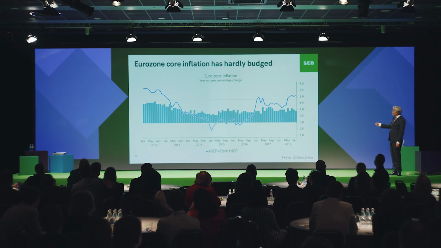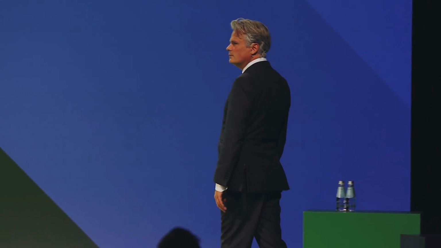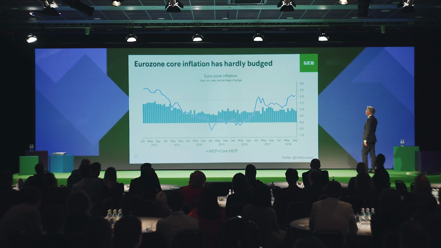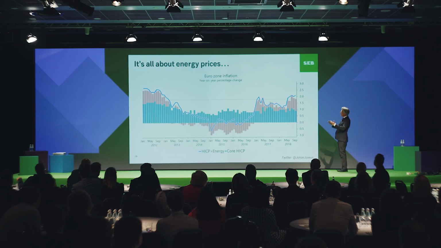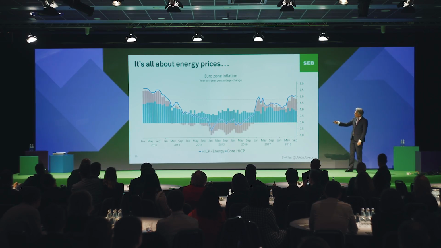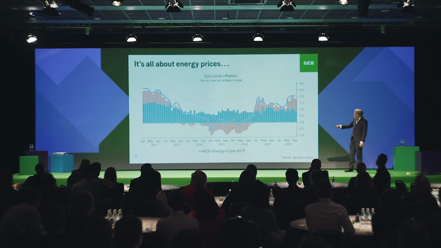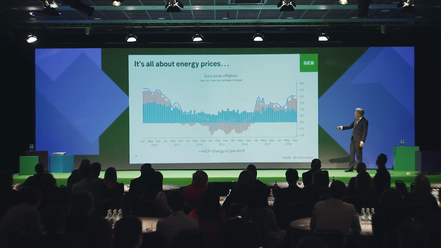So what's the difference between the curve and the bars? Oil. I thought I heard oil. And that's absolutely correct. Or energy prices in a slightly wider context. You can see if you add energy prices, you explain why inflation was high here in 2012 and why it was pressed very low in 2015 and why it's now a bit higher again. But oil prices and energy prices are not a reliable source of inflation for a central bank. What they want is wage increases.